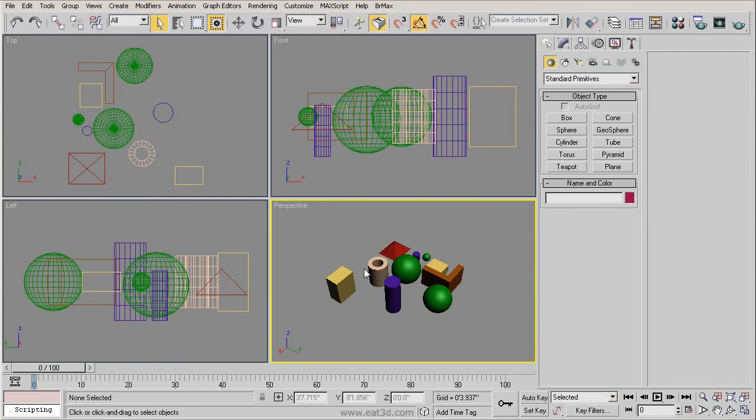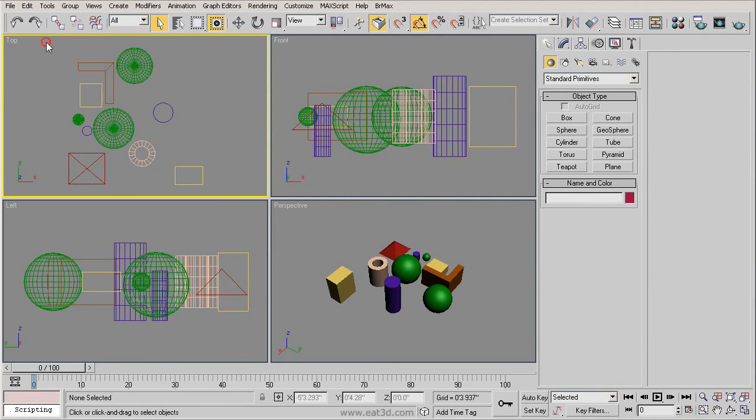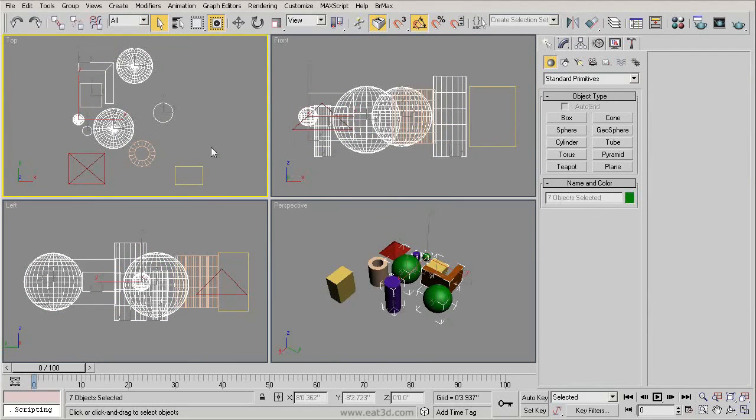In addition to single clicking on objects, we have the ability to select multiple objects in one operation. Because sometimes, if you have a whole bunch of objects that you want to select, clicking on each one individually can be a real pain. So say for example, over here in our top viewport, I'm going to switch over to our top viewport by clicking on its name. If we click and hold the left mouse button down in empty space and drag over the objects that we're interested in, you can see it selects those objects. Now one thing to pay attention to here is at the top of the screen we have our window crossing button. It looks like a circle within a box, or perhaps on your side it looks like